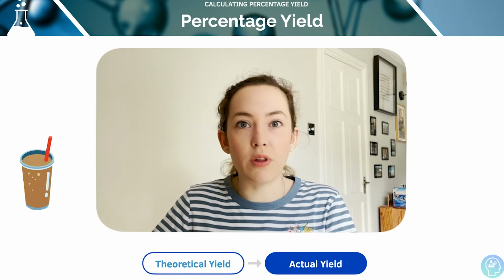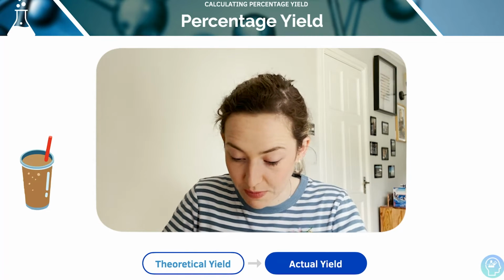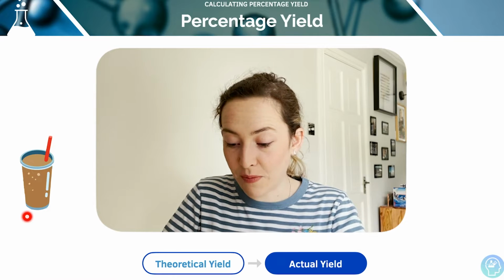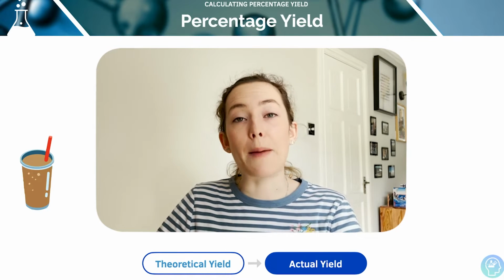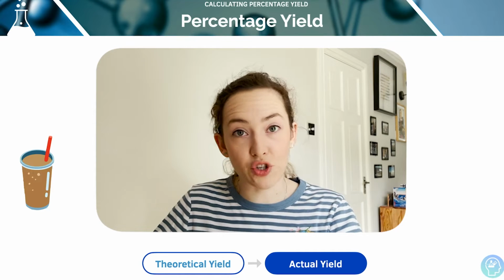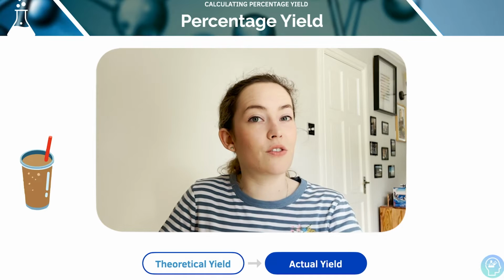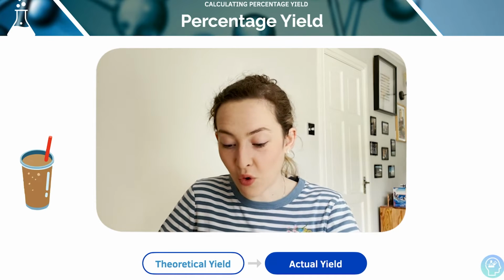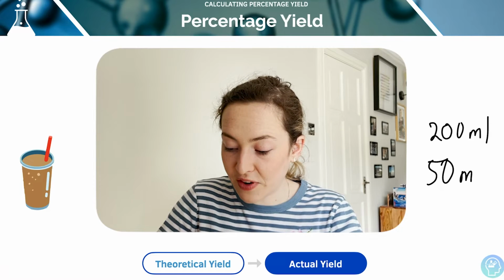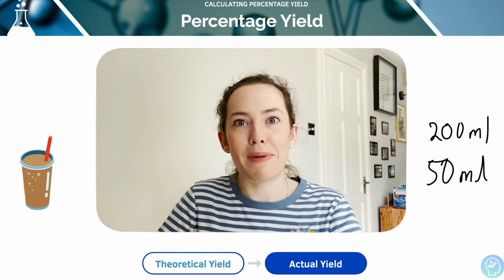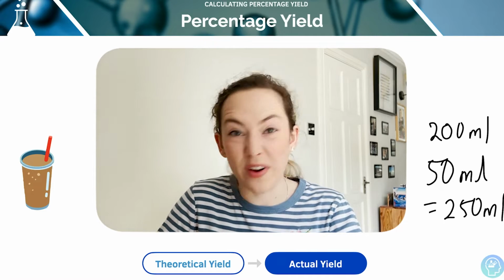So a real life example would be Tom has 200 millilitres of milk and 50 millilitres of espresso coffee, and he combines them and blends the mixture before pouring the drink into a glass. So the theoretical yield is 250 millilitres, of course, because Tom had 200 millilitres of milk and 50 millilitres of espresso coffee. Matter can't be created or destroyed, so we're going to have 250 millilitres of liquid, theoretically, in the